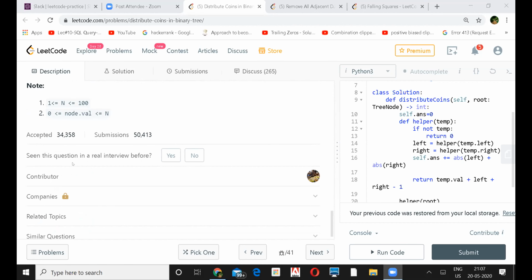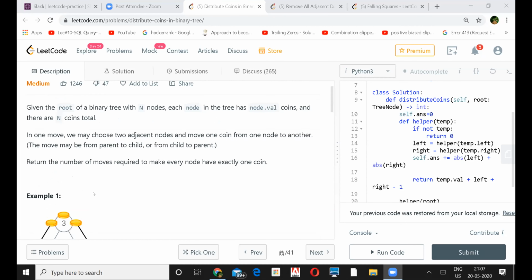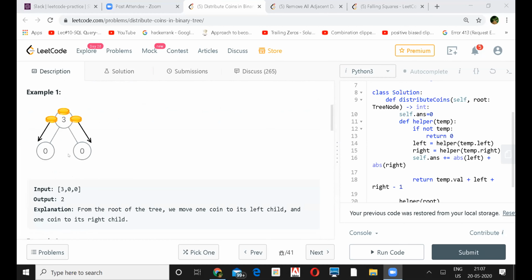That intuition you will get only when these examples are there. Otherwise, you'd have that intuition only from the root, to distribute to left and right. Had they given this one, then I think what you are saying, from the root we could have distributed to left and right, that kind of thing. Exactly.